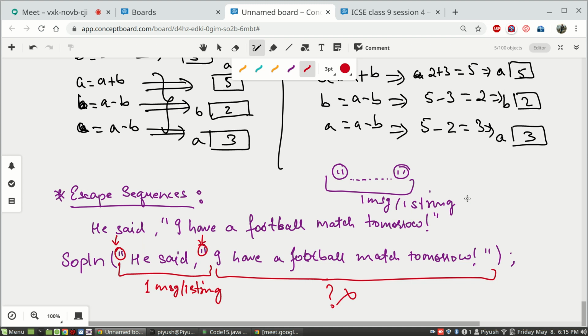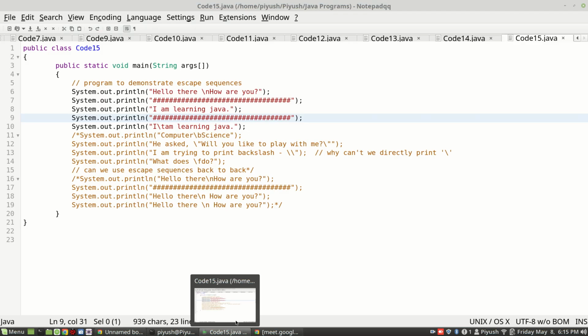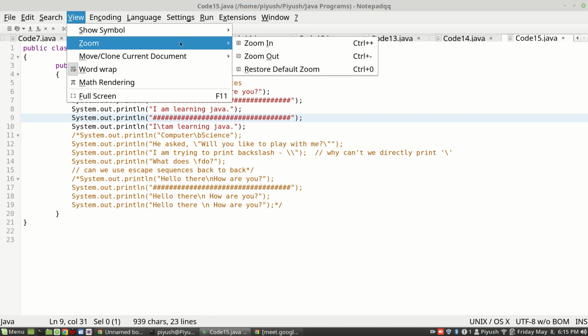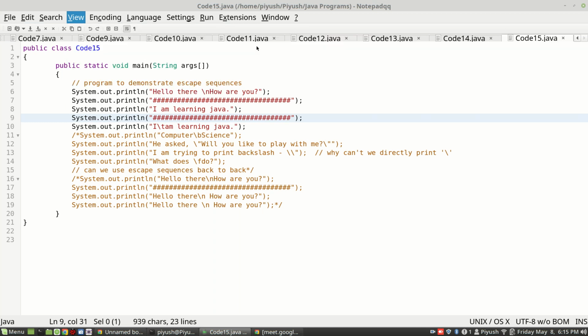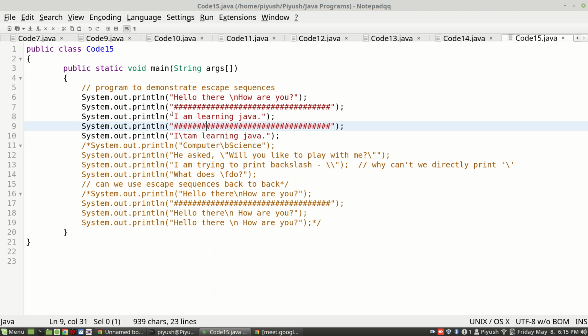No, the computer doesn't make a distinction. You can see this symbol and this symbol in English literature. But if you are writing code in a code editor, if I zoom it in for you, you will see there is no way of putting open inverted commas and close inverted commas.